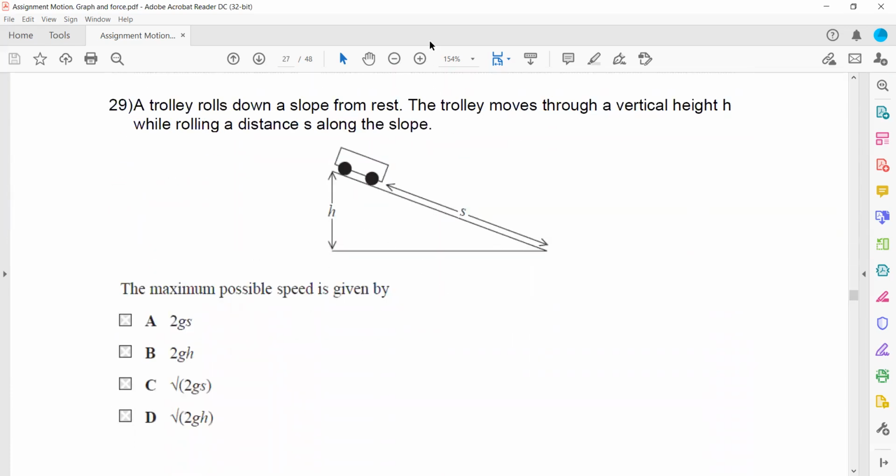Question 29. A trolley rolls down a slope and it moves through a vertical height h while rolling down a distance s. The maximum possible speed. Basically what happened? The potential energy here